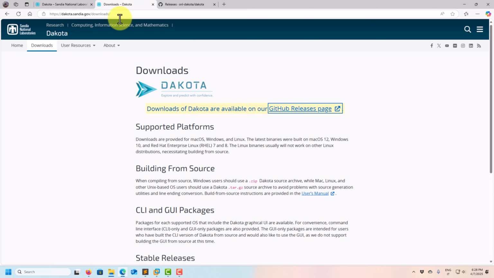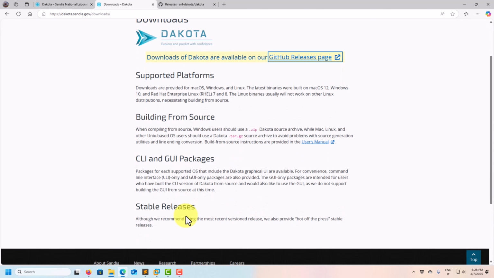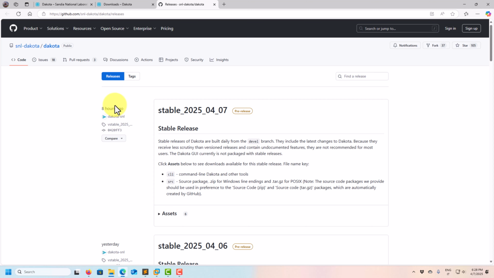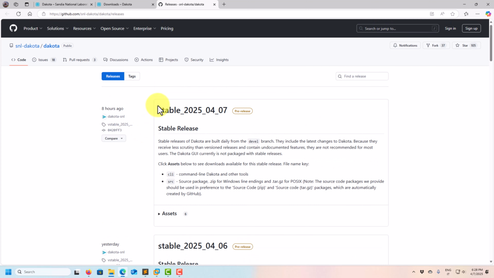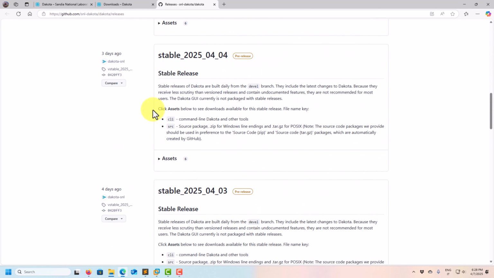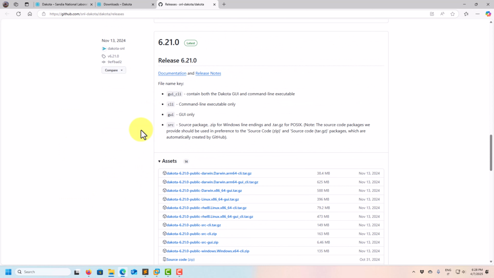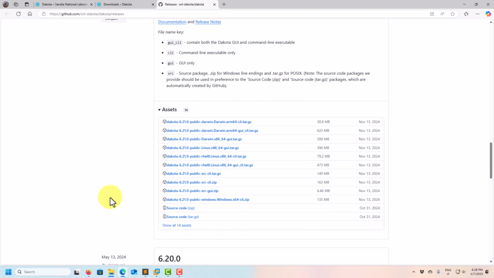Basically, you go to this web page and you can read a little bit. And then for the official download, now everything is centralized in GitHub, and you can go here. There are many versions to download. Here you have the pre-release, and we're interested in 6.21. So download this one, and we're working in Linux. For Linux, you download the source code, that is this one here or this one here, and also